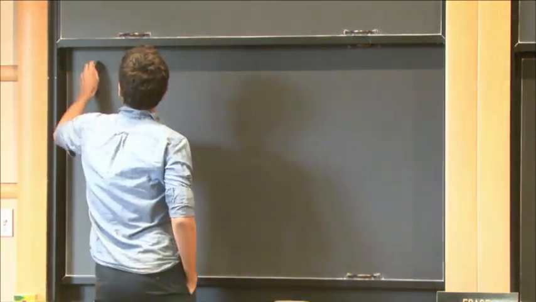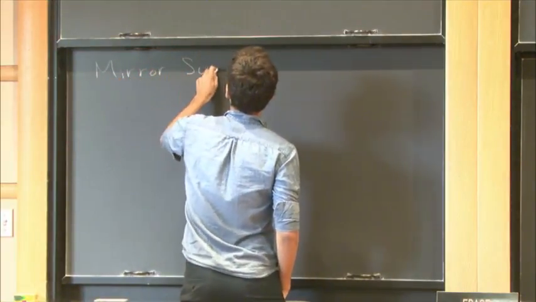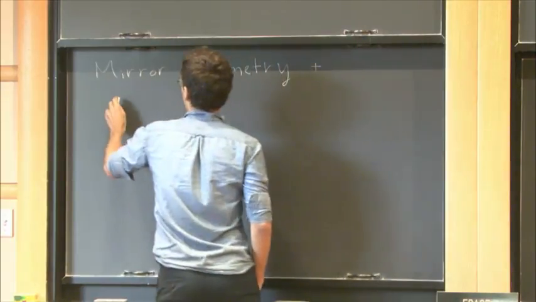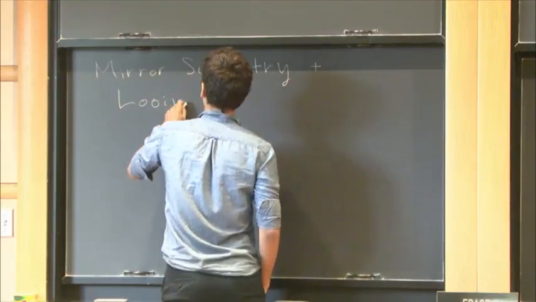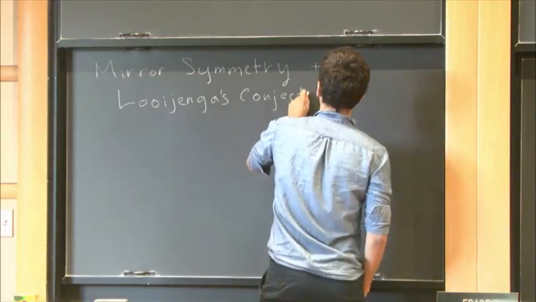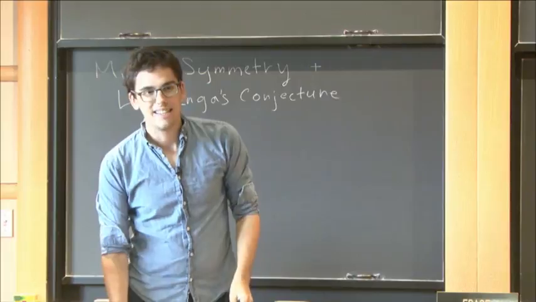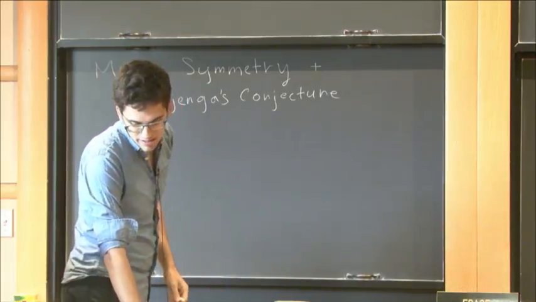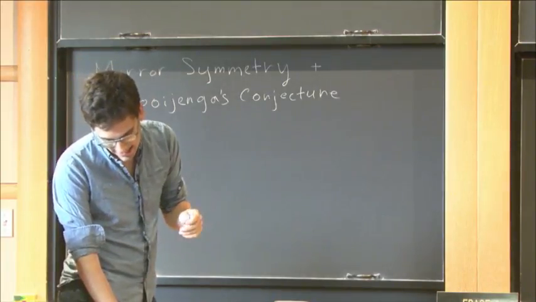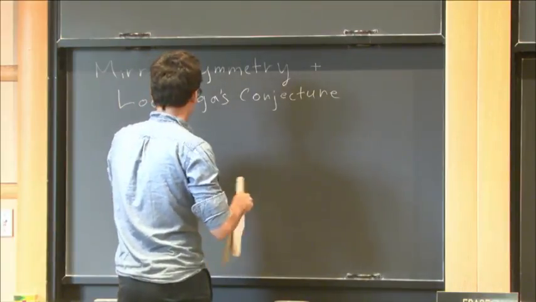So the talk today is going to be about Looijenga's conjecture and a resolution of it motivated by mirror symmetry. The goal of the talk is to outline a proof of Looijenga's Cusp conjecture, which I will introduce soon. And this work can be found on the arXiv